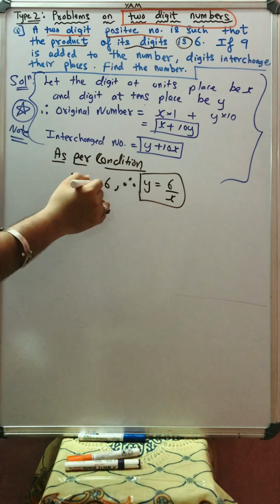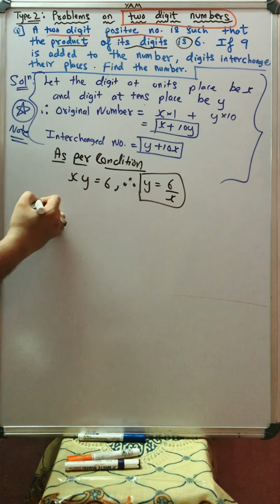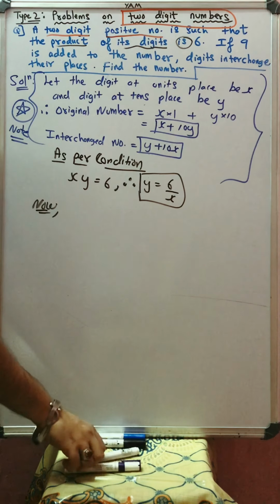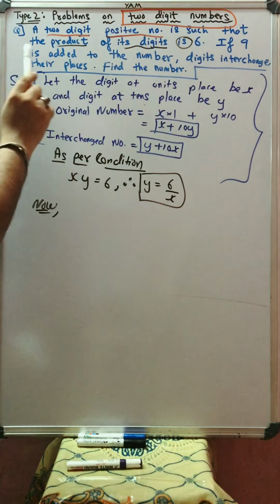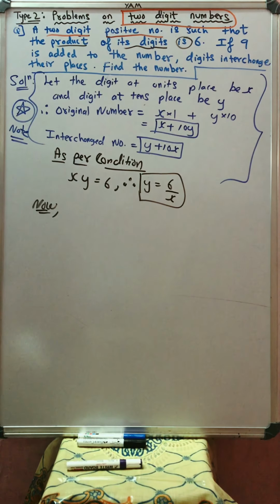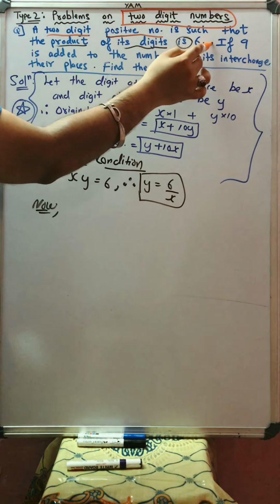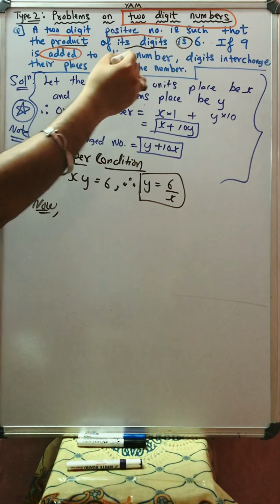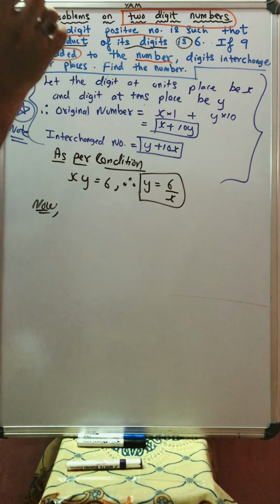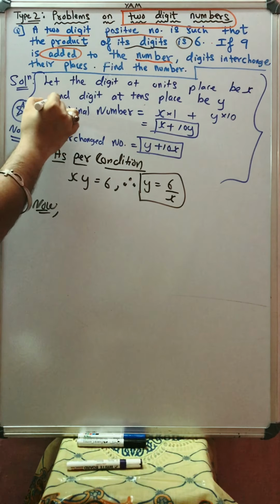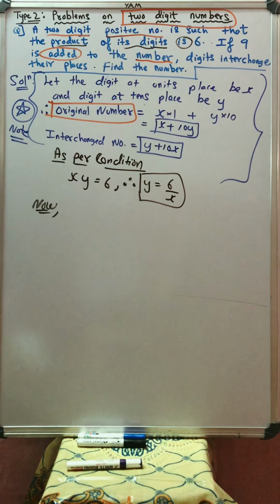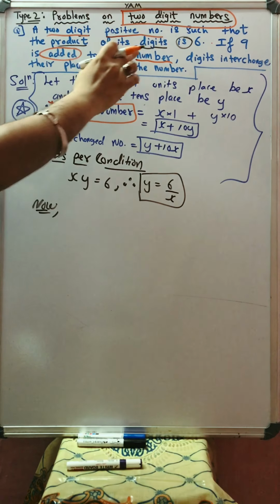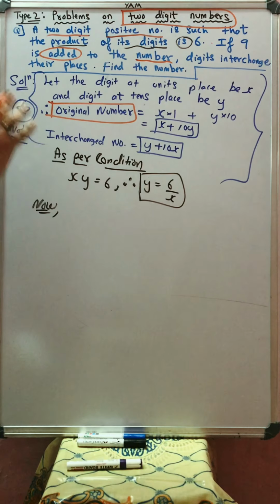As per condition. Now, second condition I am reading on the board. Second condition: if 9 is added to the number. Students, I am explaining you one point. If 9 is added means plus. किसको? किससे add किए? To the number. Whenever only number comes, it means by default the original number. In certain sums they say the word original, but if they just say number, the number means the original number. You have to remember these things.